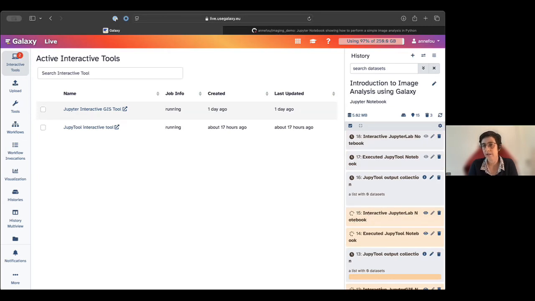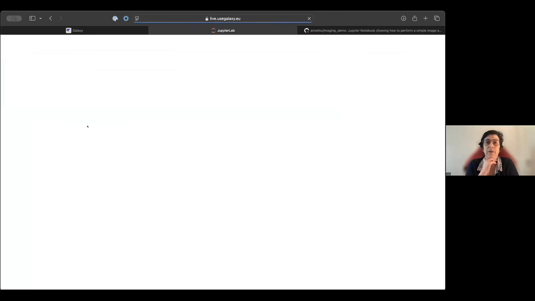When it's running, it's in orange and it's spinning. It doesn't go green because it's an interactive tool, so it's running until the end of the life of the interactive tool. I don't remember how long it stays running for this Jupyter Lab, but it's like 1 or 2 days, and then it will stop automatically. So it's really for interactive work, so make sure you save everything. Once it is running, spinning, you can click here on your Jupyter interactive tool, and it will start a Jupyter Lab.